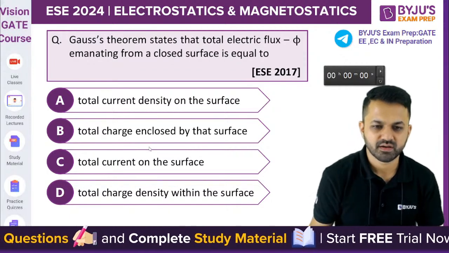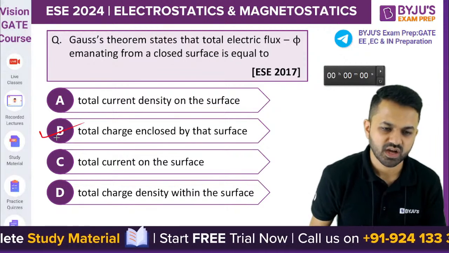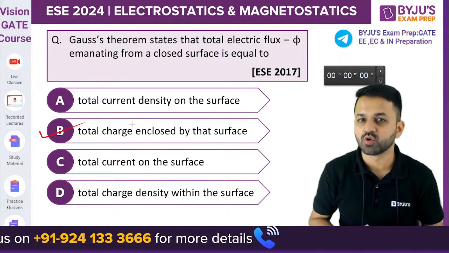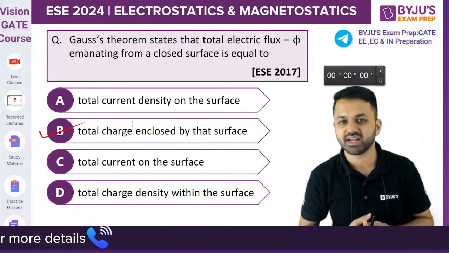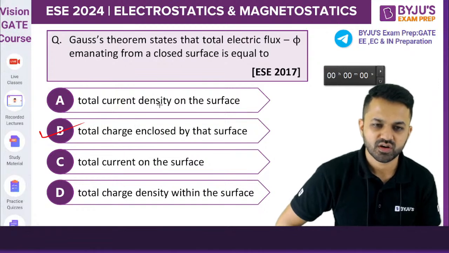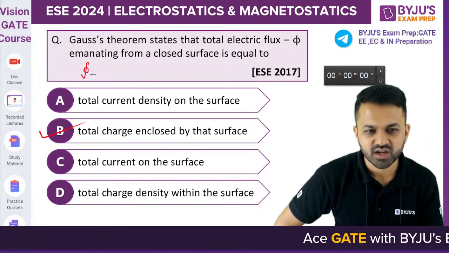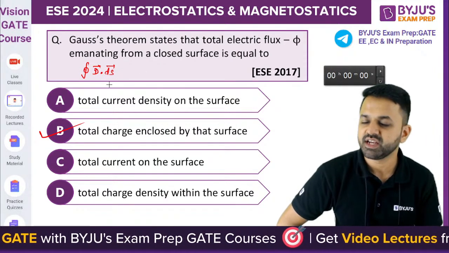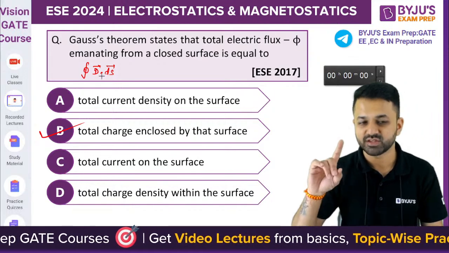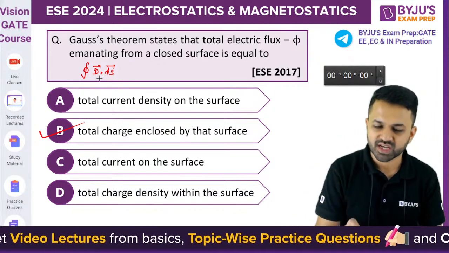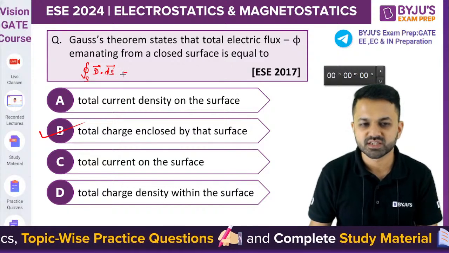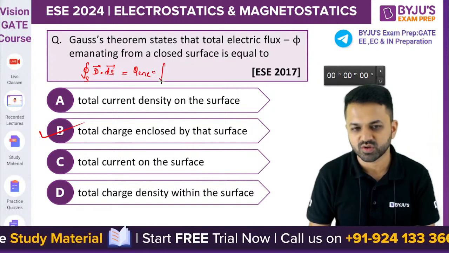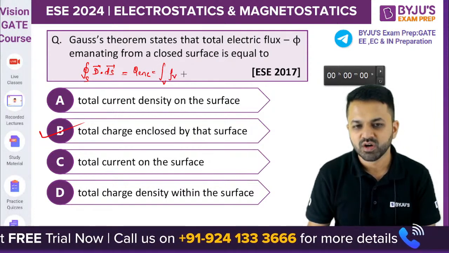Yes, so Shanu Kumar has come up with the answer. This is the first question that you have answered. The Gauss law states that the total flux passing through a closed surface is equal to the total charge enclosed by that surface. The total flux passing through any surface is the integral of D dot ds. For the closed surface, the integral over the closed surface is equal to the charge enclosed, which is also calculated as the integral over the volume of rho v dv.